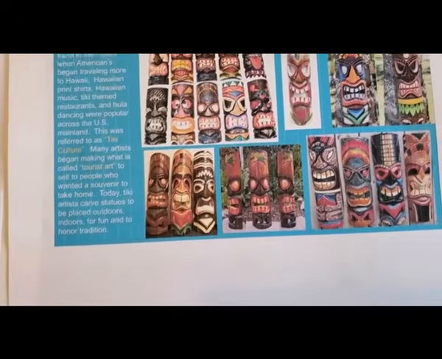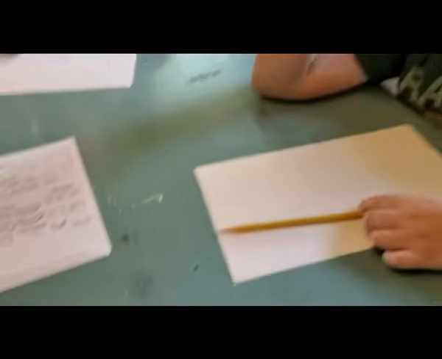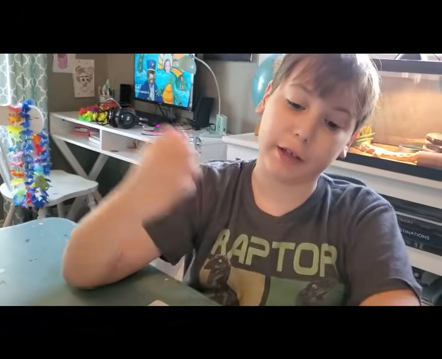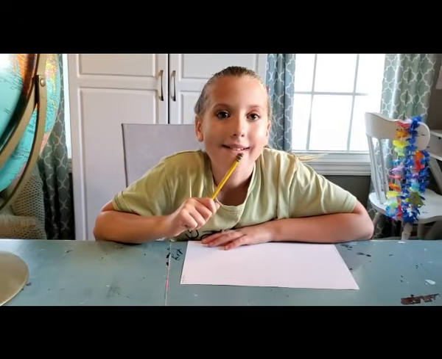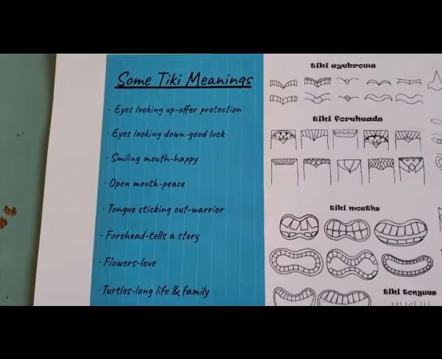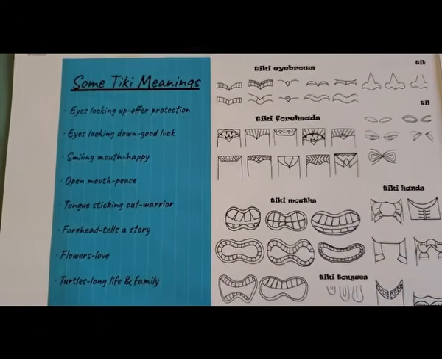And so like we said, the Tikis were meant to what, guys? Do you remember? We're supposed to protect people from the demons. From the demons? Well, I don't think they're supposed to protect bad luck. From bad luck. Yeah, bad luck and bad things and bad stuff and everything bad. Yeah, so it was like for good luck, protection from bad energy and things. And so we've got some different Tiki meanings, right? Yeah. And normally they were carved out of what? Wood.